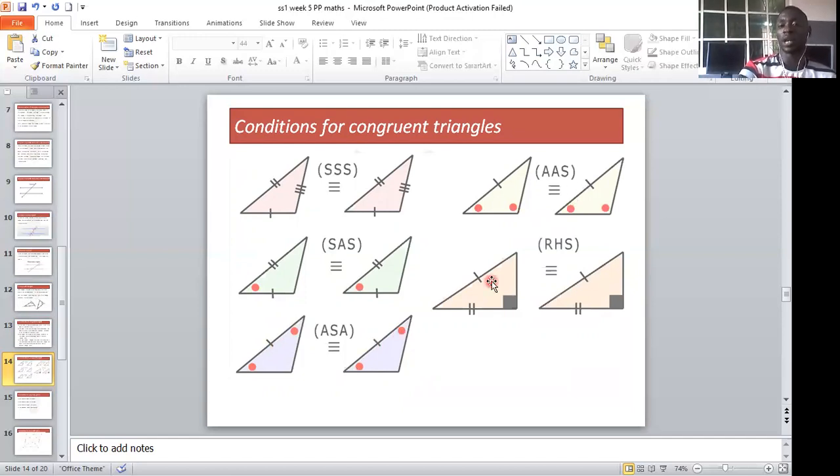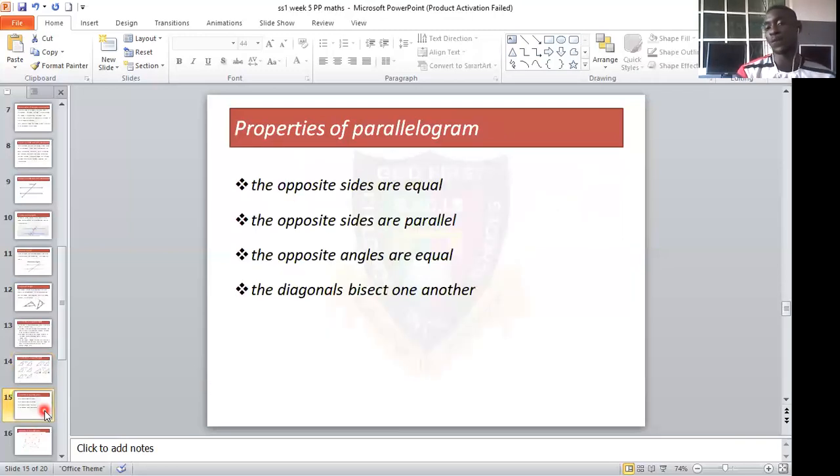And in the right angle triangle, in a 90-degree triangle, this is the hypotenuse, equal to the hypotenuse, and one side must also be equal. So this is how you consider a congruent triangle. When you say triangles are congruent, that is, they have the same dimension. So let's go to the next slide, which is the properties